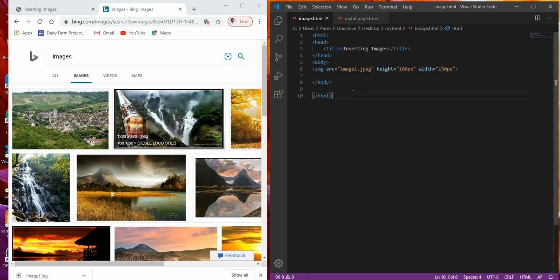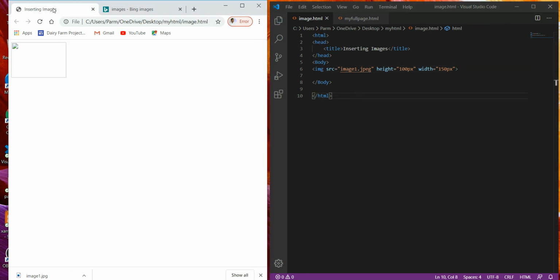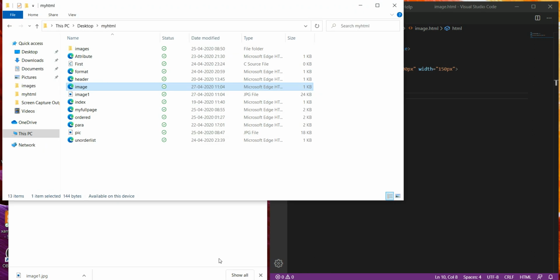Now Control S, save this, and again we find that the image is not inserted over here. So again there might be some error.